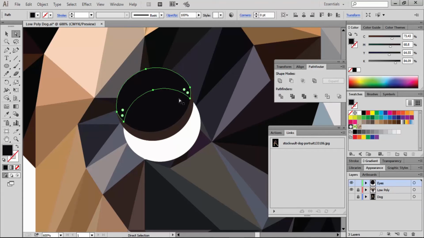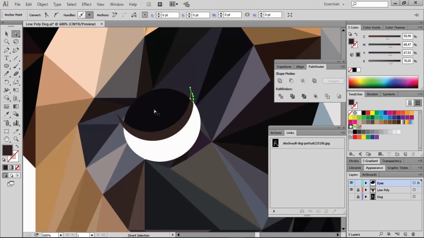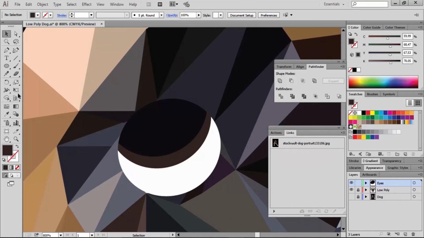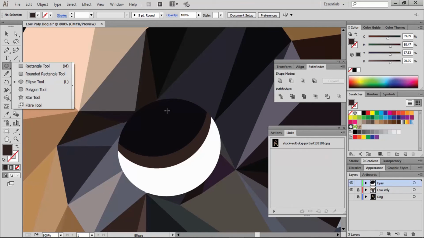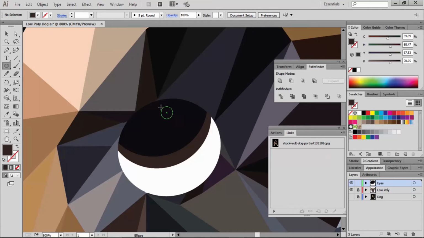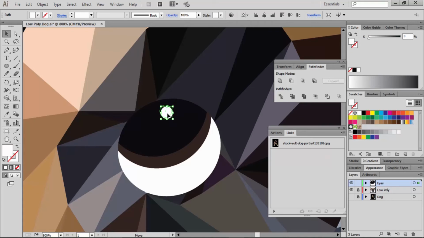Now let's remove this and let's add a little white circle to create the reflection on the eye. Something like this could work.